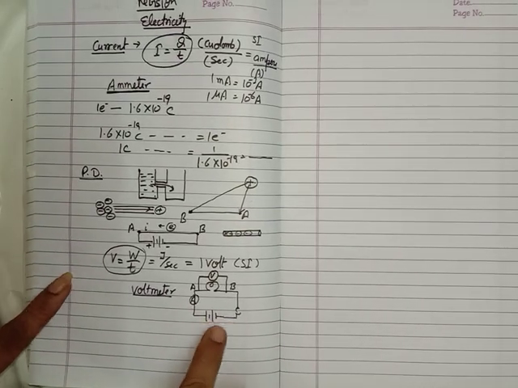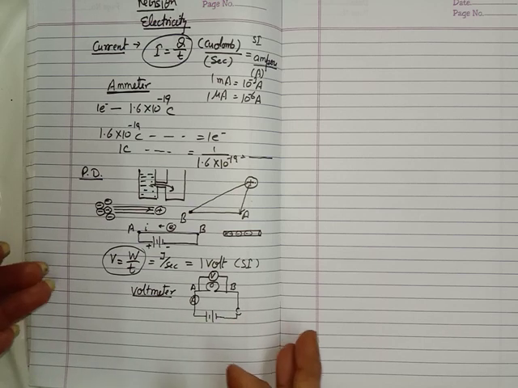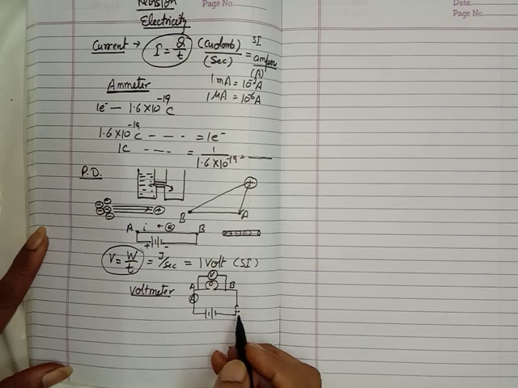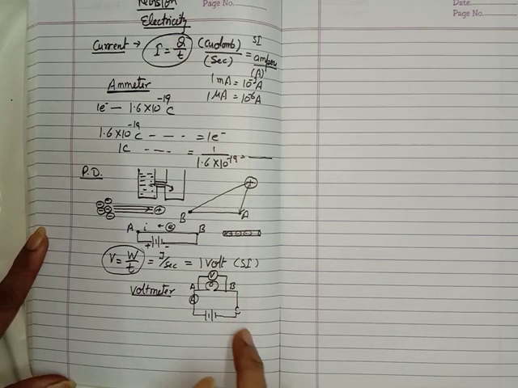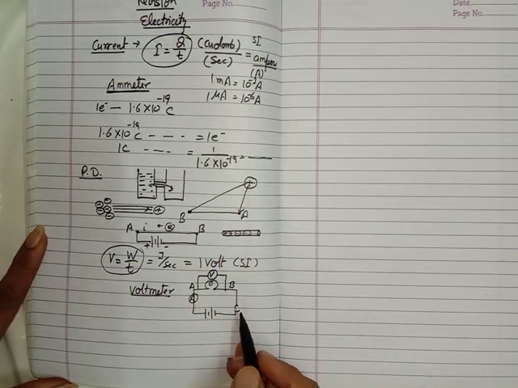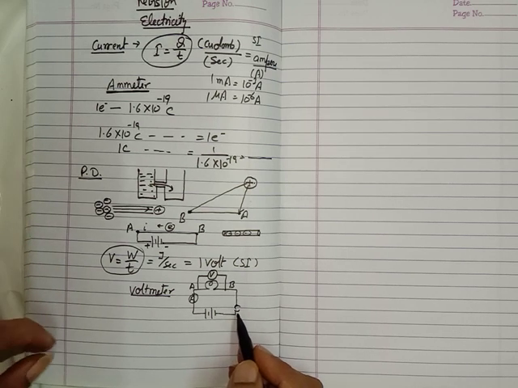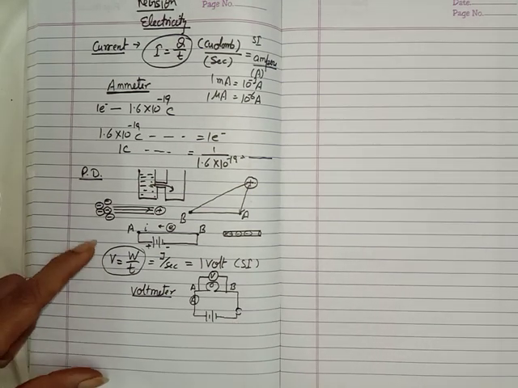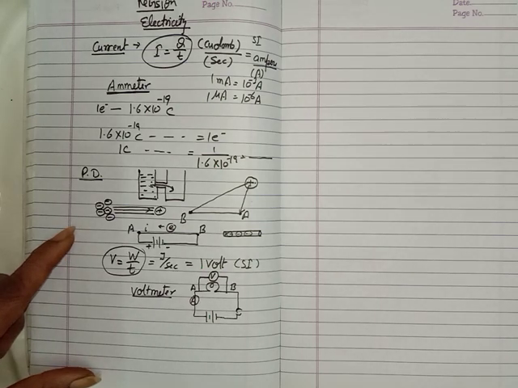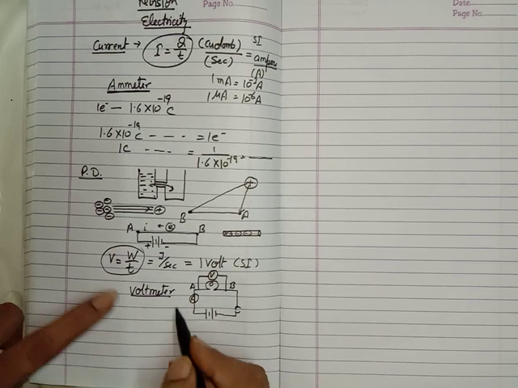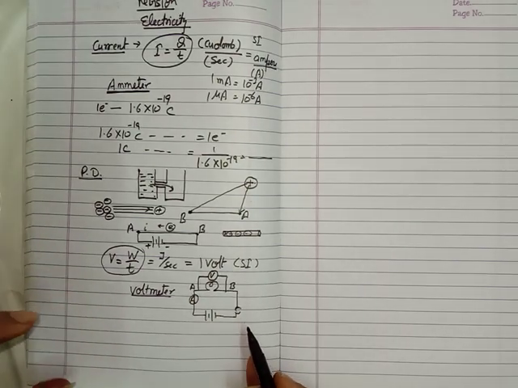These are the symbols which we use to represent some circuit diagrams, and these are the two types of circuit diagrams. One is the open type of circuit diagram. Open type means we don't switch on the key, so the current will not start flowing through the circuit. It means it is an open circuit.